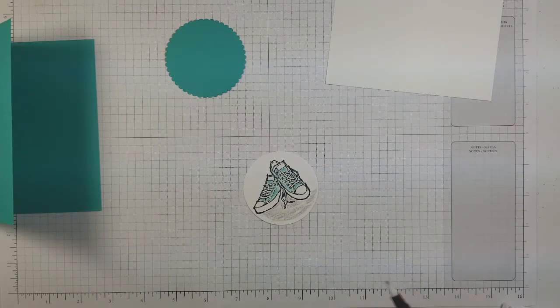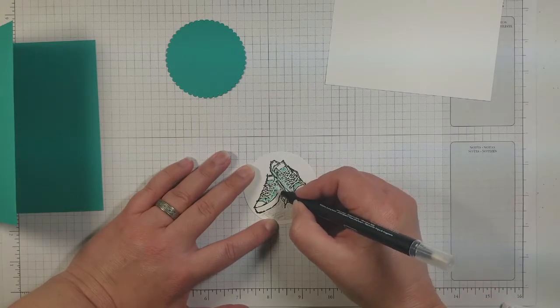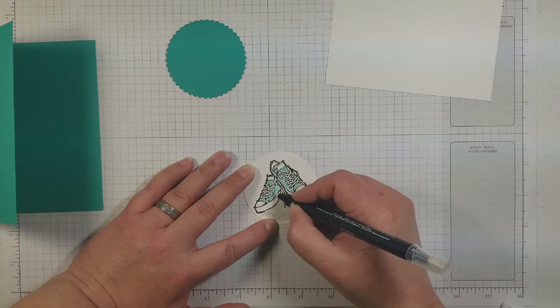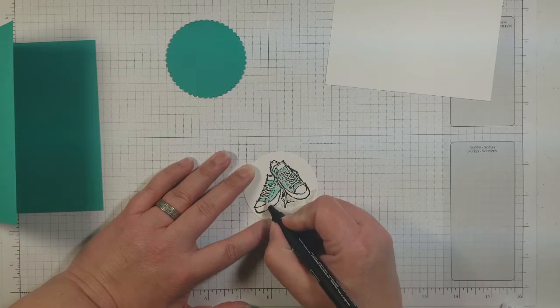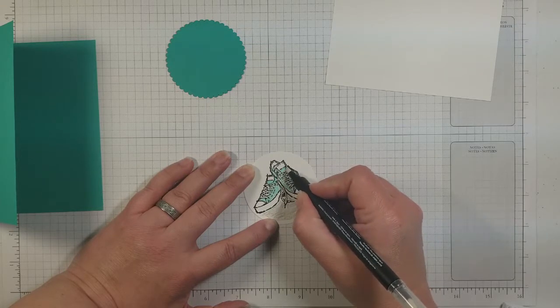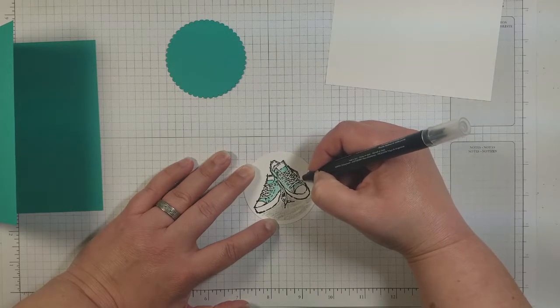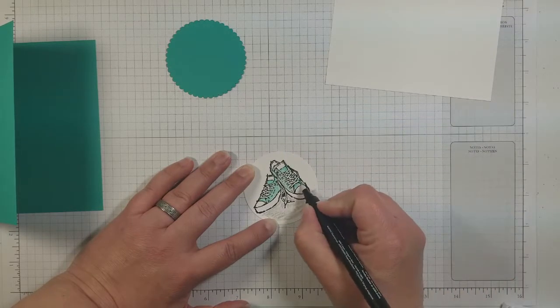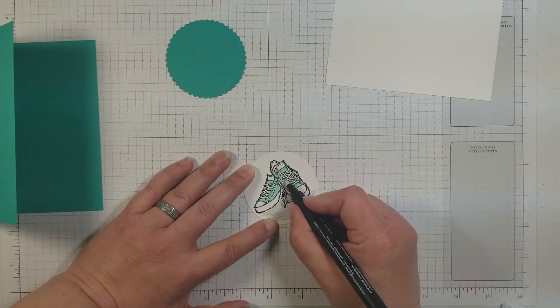And I have my well-used, much loved blender pen. And I'm going to go ahead and just color in real fast, kind of spread the color around just a little bit. Mute it down a little bit too. Real quick, because you also don't want to get your paper too wet. Whisper White will disintegrate on you, so not so bad with the blender pens as it will with the Aqua Painters, but